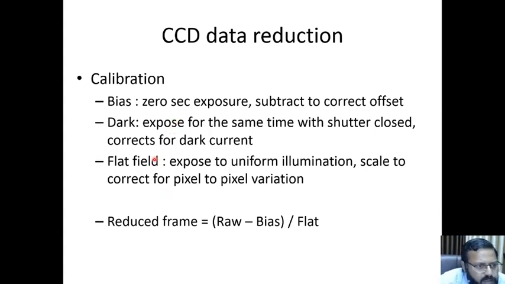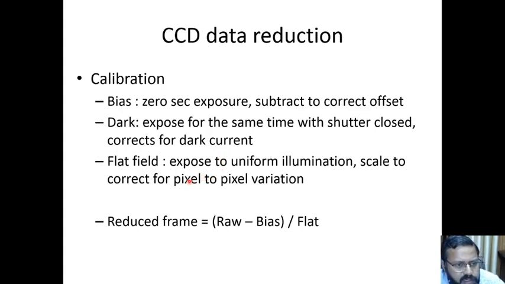To remove the artifacts, a bias frame is taken. Bias is nothing but a frame taken with the shutter closed, with light cut off, at 0 exposure. So it basically detects the offset in the CCD, and sometimes a dark frame is also taken. Dark is the frame taken which has the same exposure time as the actual raw image, with the shutter closed. So it basically captures the dark electrons generated by the dark current. For long exposures like 40-45 minutes, a significant amount of electrons are generated, so they are to be subtracted from the image.